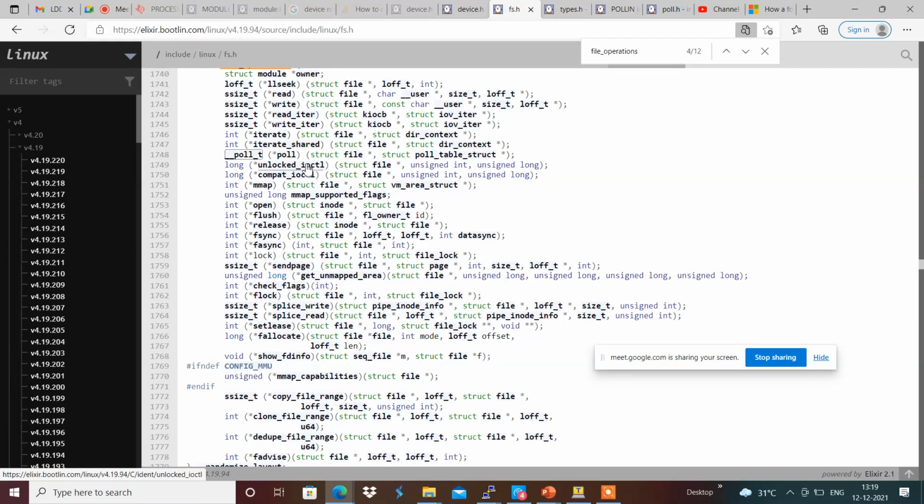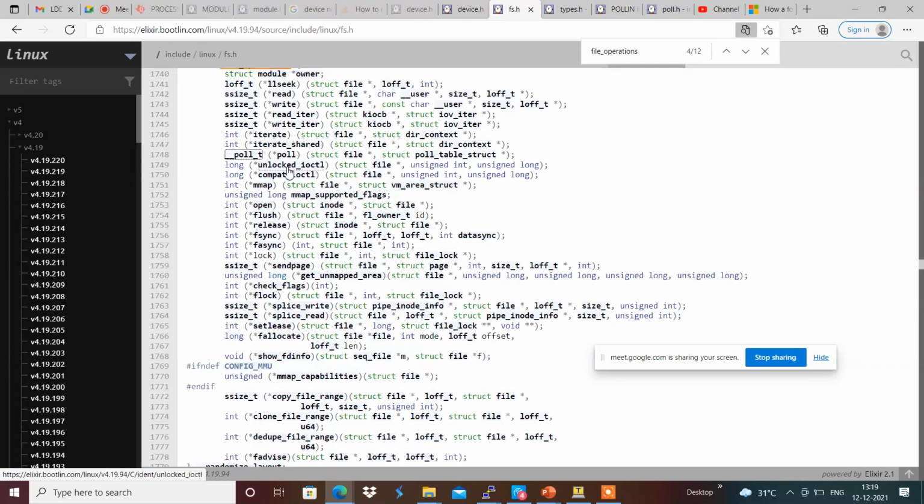For that we have the locked ioctl, which can be done with the compat ioctl, and there is the unlocked ioctl, which allows multiple applications and multiple threads to do the configuration simultaneously.